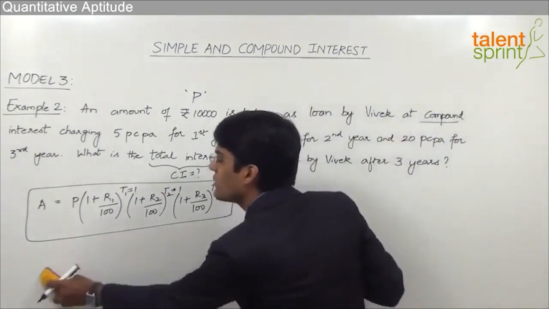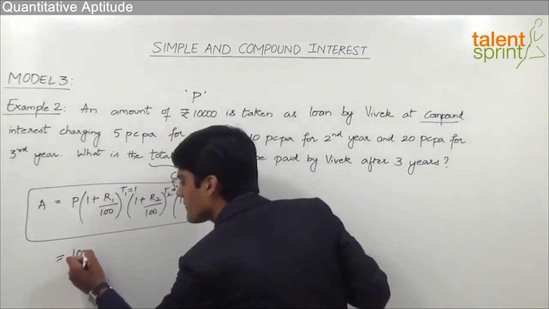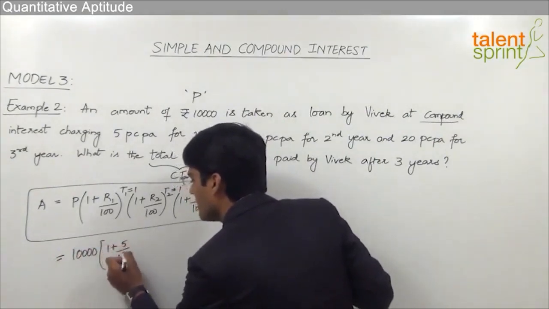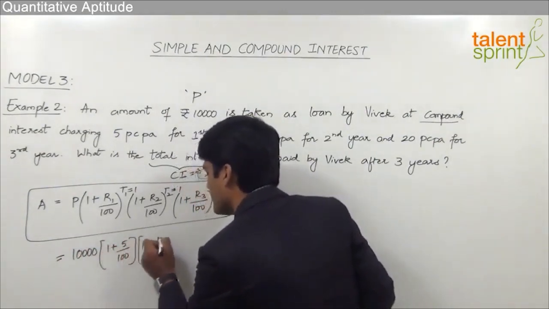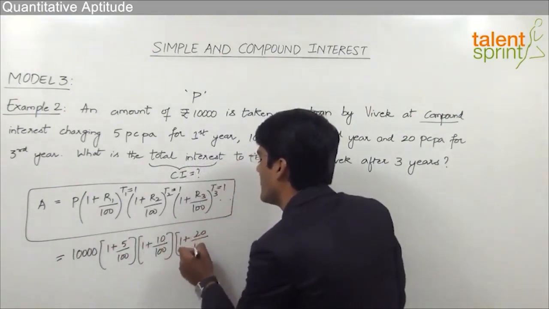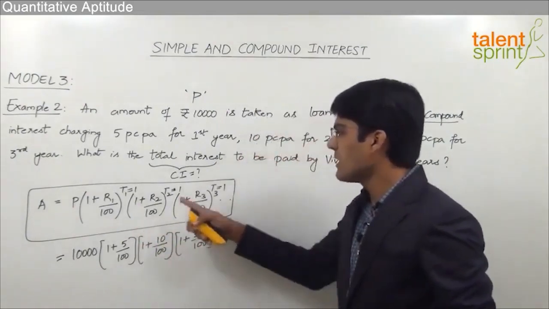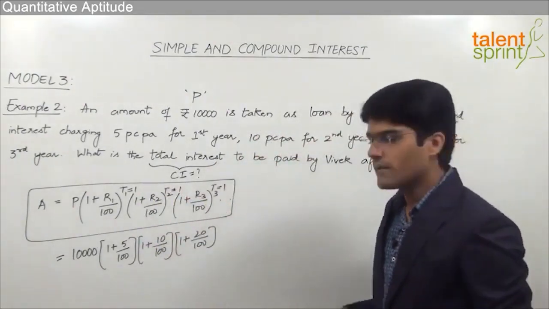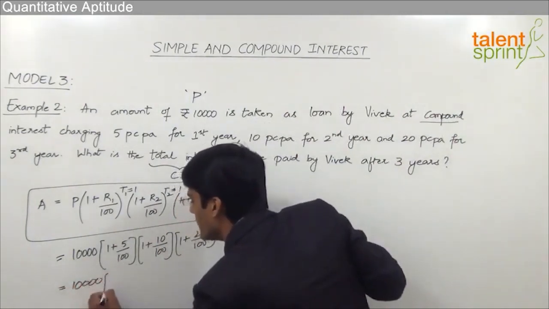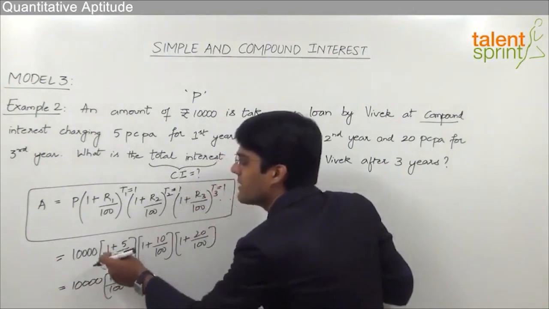So we can say that the total amount here will be equal to, the principal is 10,000 into 1 plus 5 by 100 into 1 plus 10 by 100 into 1 plus 20 by 100. That actually is power 1 and power 1, since T1, T2 and T3 are equal to 1. So this can be simplified as 10,000 into 105 by 100, since 100 is the LCM, 100 plus 5 will give you 105,